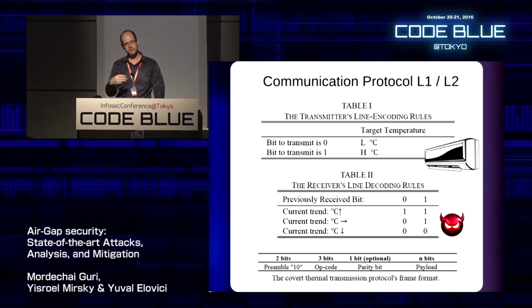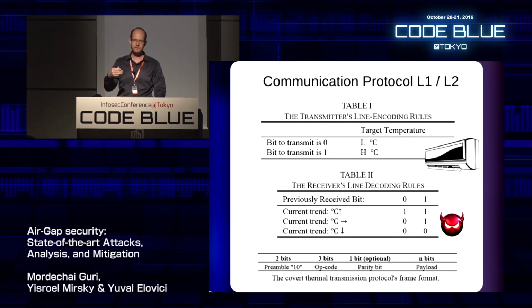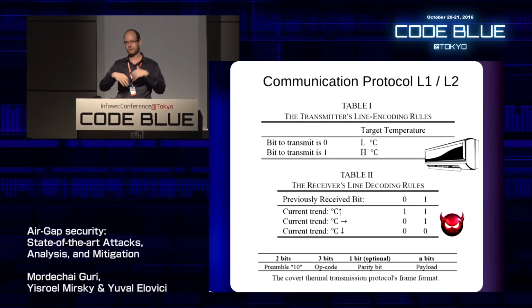And the receiver looks at one of these thermal sensors in the computer. And if the trend of the room temperature is going up, that means it's a 1. If the trend is going down, that means it's a 0. And if it's more or less staying the same, then he just repeats the same bit as seen in the last interval. Now, to make sense of all this information coming through and make sure it's reliable,